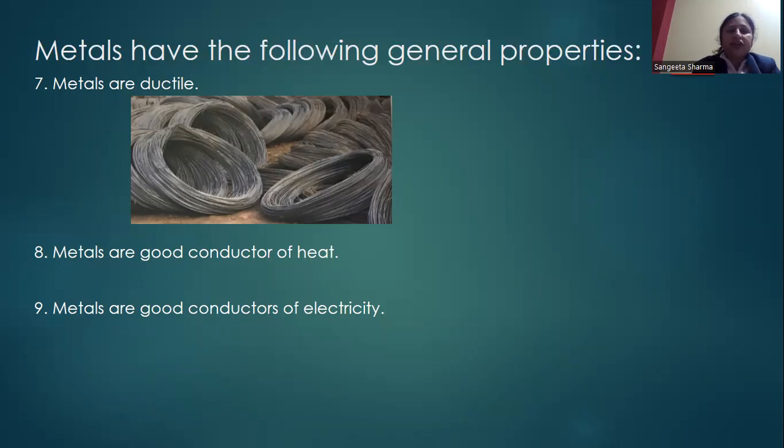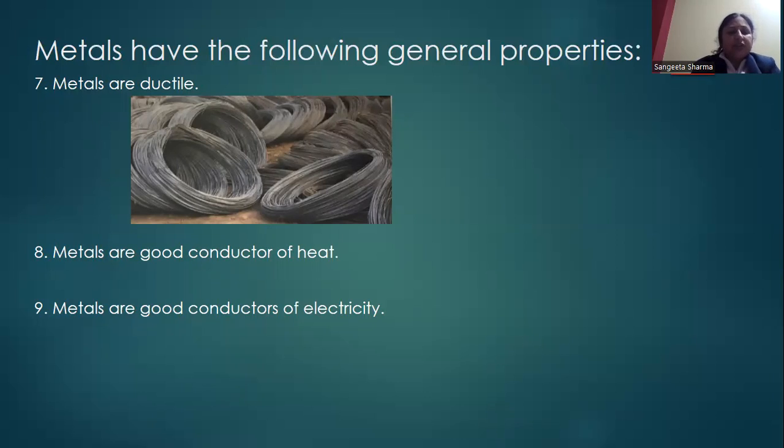So metals are good conductors of electricity. They allow electric current to pass through them easily. This is why electricity is transmitted from one point to another through metal wires, like those of copper or aluminium. Generally in wiring, we use copper or aluminium wire. Copper is a little bit expensive in comparison to aluminium, that's why in most cases we use aluminium, but copper is a very good conductor in comparison to aluminium. The best conductor is also silver, but silver is very expensive, that's why we do not use silver for wiring.